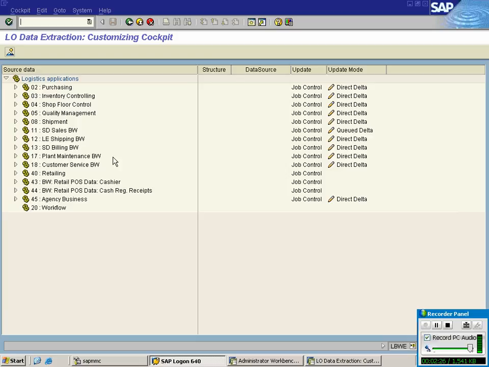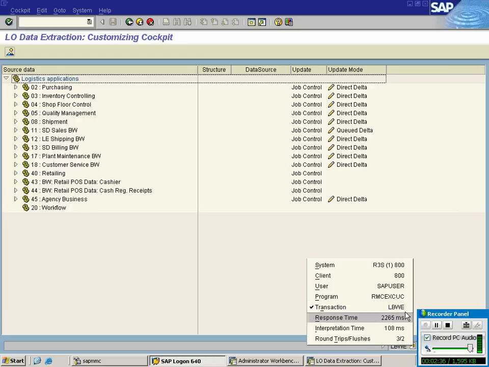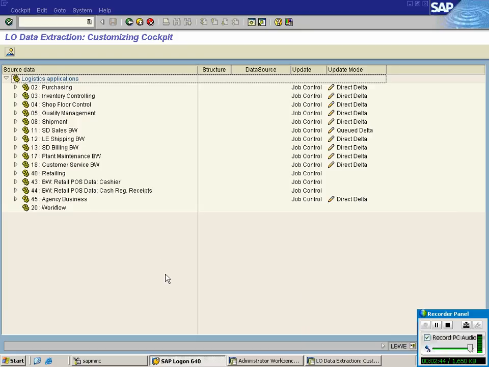These are the applications. This number is also important for us. 235, very important. These are the applications important for us: purchasing, inventory, quality management, SD sales orders, shipping and billing. Sales orders, billing and delivery. Simple. So these are the important applications for us.